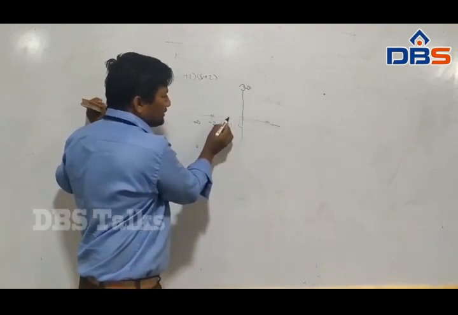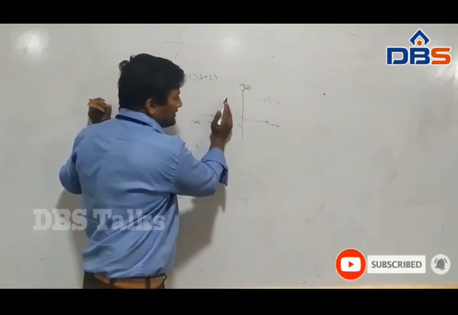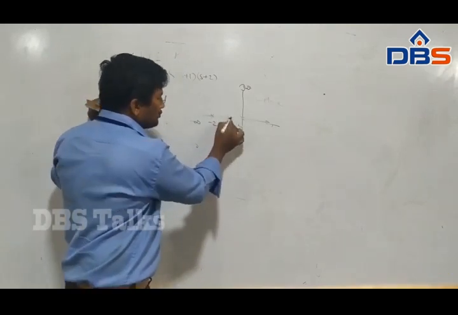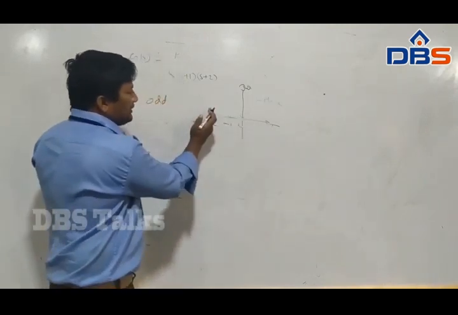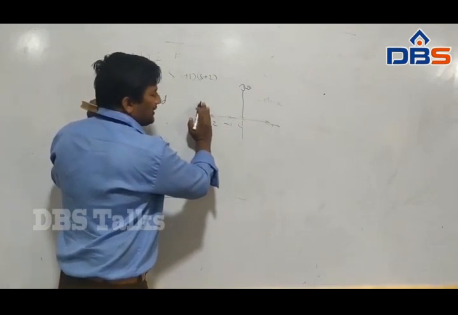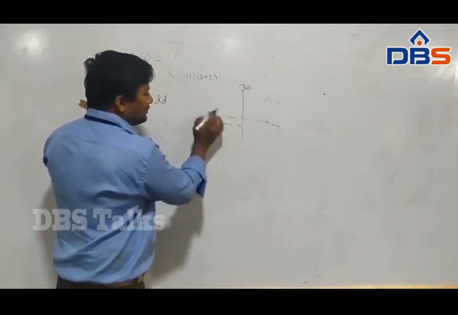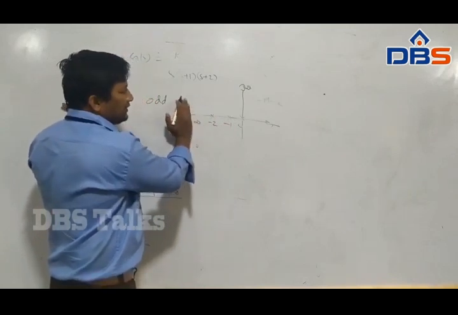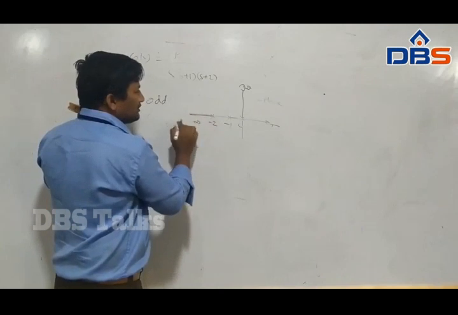Now I am taking the minus 1 point. The sum of zeros and poles on the right side of the minus 1 point is only 1, that is 0. So 1 is an odd number, so a root locus branch is existing. Coming to minus 2, on the right side of the minus 2 point, 2 poles are there, so it is an even number. So there is no branch existing between minus 1 and minus 2. Now I am taking infinity. Before that infinity, the sum of poles and zeros is 3, which is an odd number. So again here, a branch is existing.